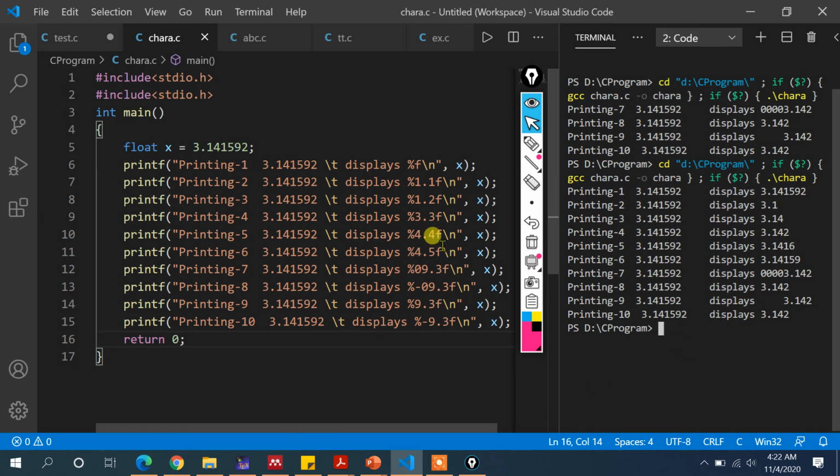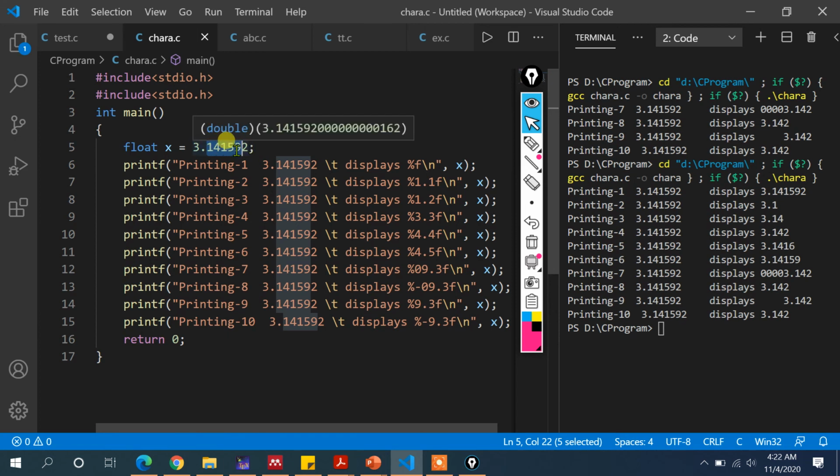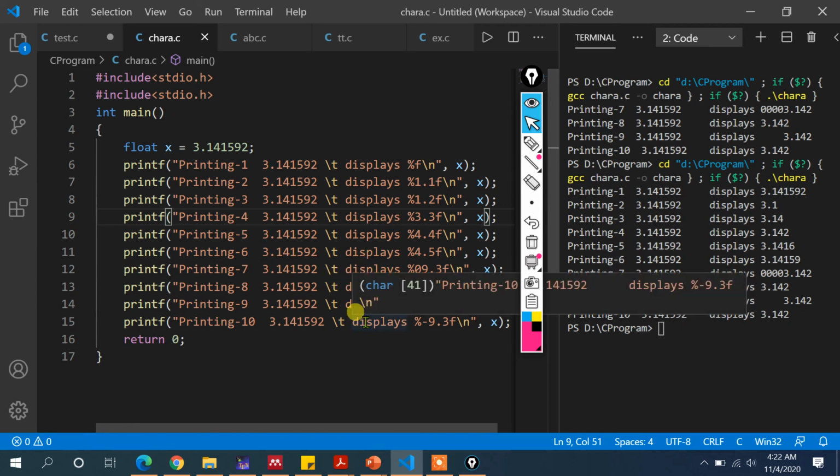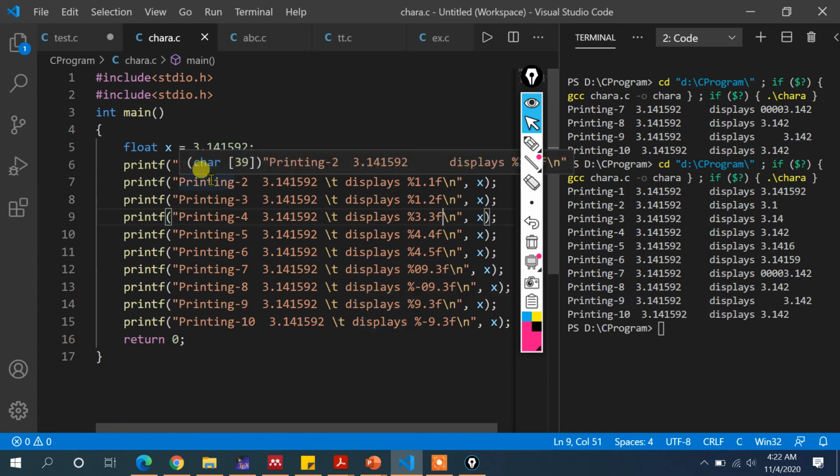When it is 4.5, you want to display 5 digits, so there you can see it is written 14159, but it is not rounded off to 14160, because the next digit is 2, which is not greater than or equal to 5. That is why it is not rounded off, and the output is 3.14159. The remaining left part will be the same, and I have already explained all these display points. So I hope you understand the things whenever you are trying to do real number formatting.